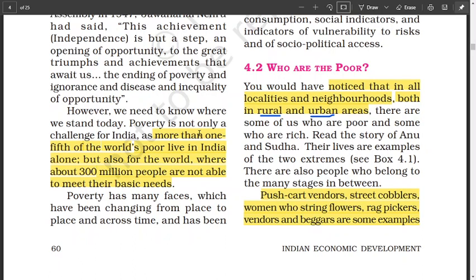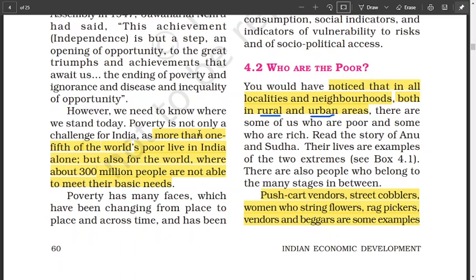And these poor people, although they have different categories, we'll deal with that later, are not able to meet the basic needs, especially food, clothing and shelter, and other important needs, is it not? But the first thing that we try to understand is that they face challenge even to get a square